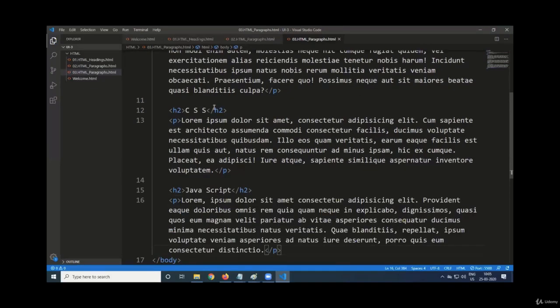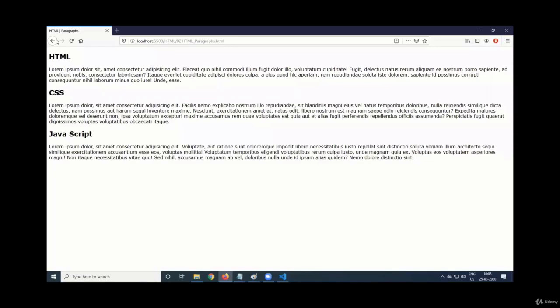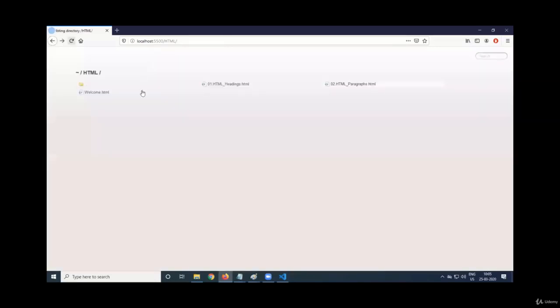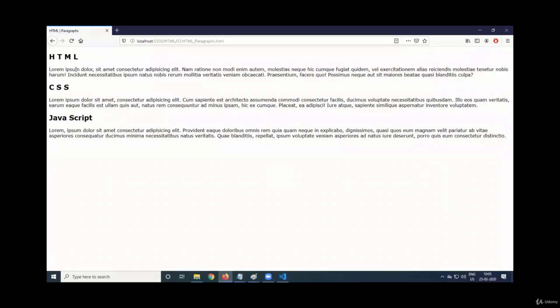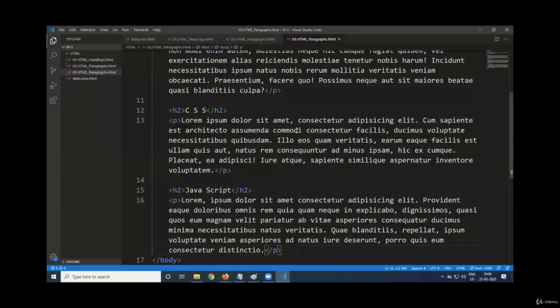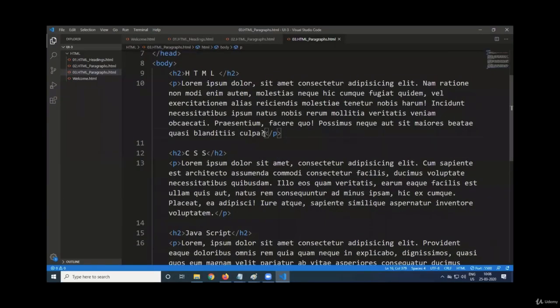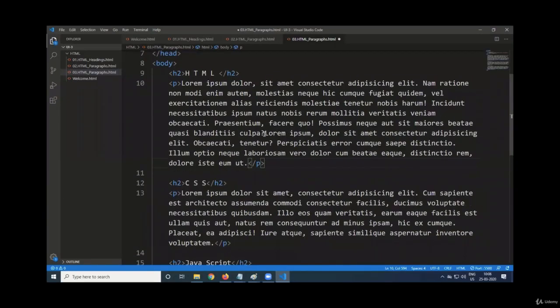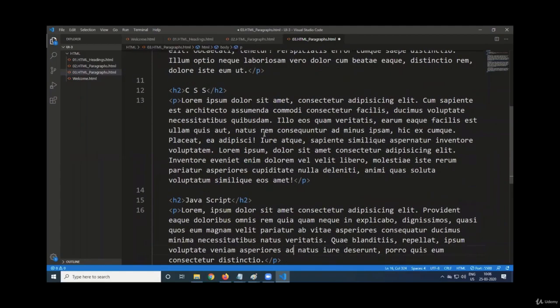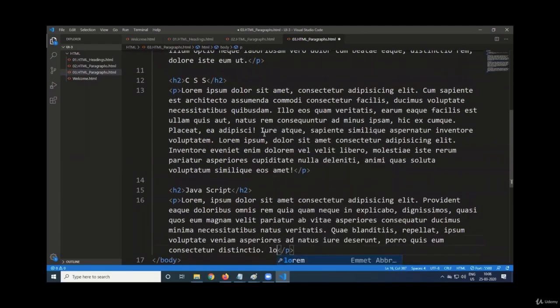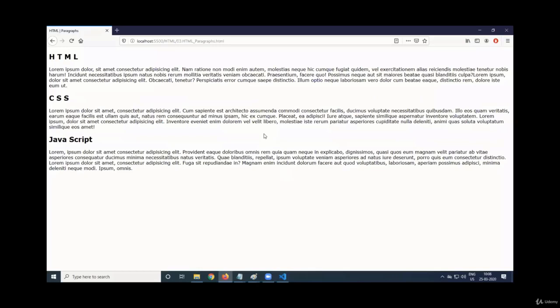Same previous page. So coming back, refresh HTML paragraphs. So HTML, one paragraph, second paragraph, third paragraph. I mean, each description. So some more content is required. So I'll say lorem. Here also some more lorem. This also by default 30 words are coming. So lorem space. Looks better. Some more content is coming.